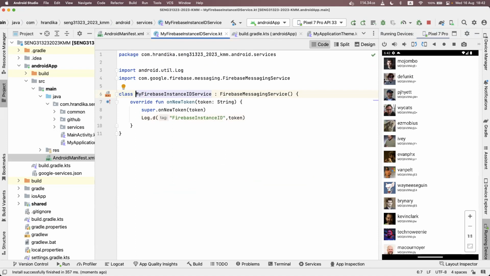Let's see if there is another way of taking the message. Messaging service. On new token, that is like the